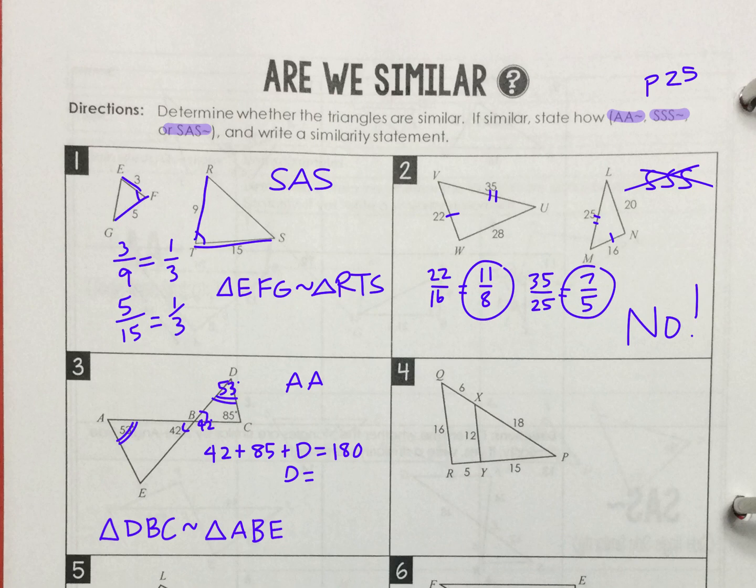This last one, all of this information I have is going to be side, side, side. So I've got this purple triangle and this red triangle. All right, so we just need to check the proportions for each side. So let's start with this leg, 12 over 16. When you reduce that in your calculator,